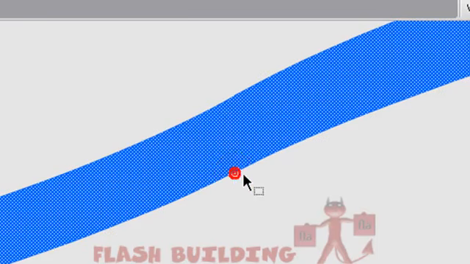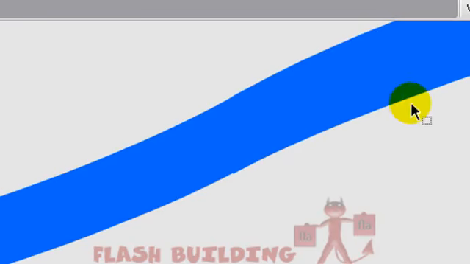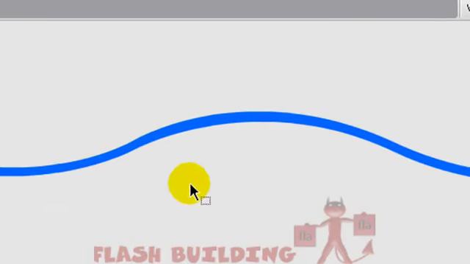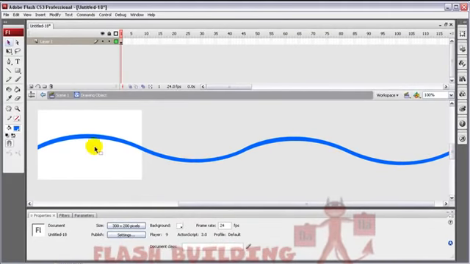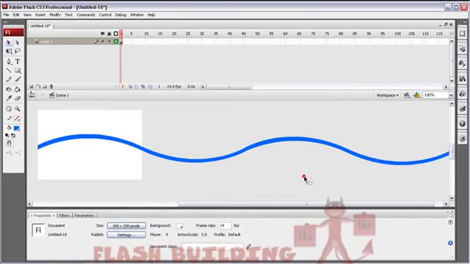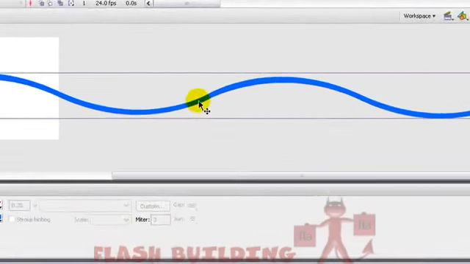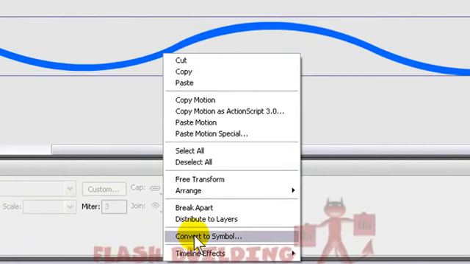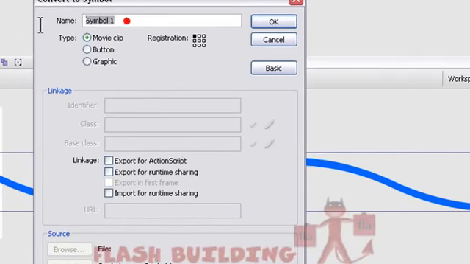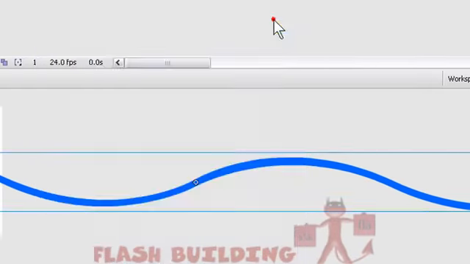Looks like we have a little edge here which we can get rid of. No, maybe not. It shouldn't affect anything, it's so small. But normally you would want it really smooth and matched up really nice. Okay, so once you have that, we'll double click back and go to the main scene out of the symbol, and now right click the symbol, convert it to a movie clip, name it whatever you want, press OK,